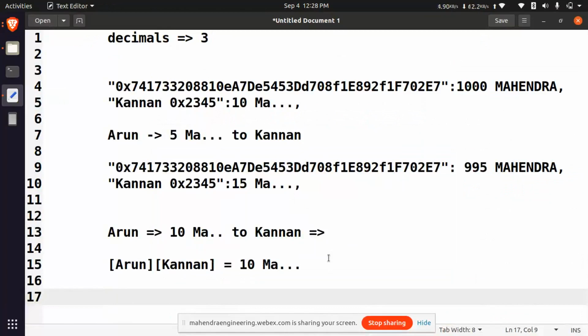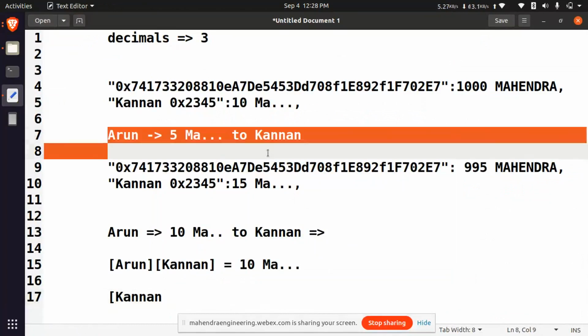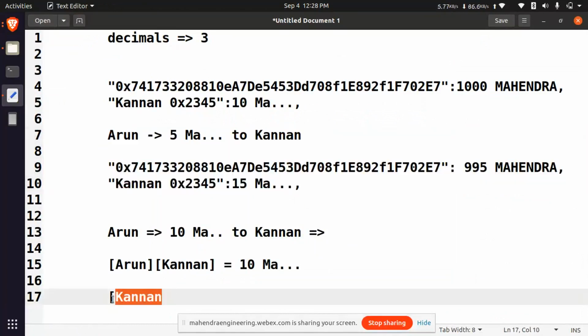Now Kannan sir needs to transfer this 10 to Nihar, so the same will happen: transfer from Arun to Nihar. Okay, this is what happened.